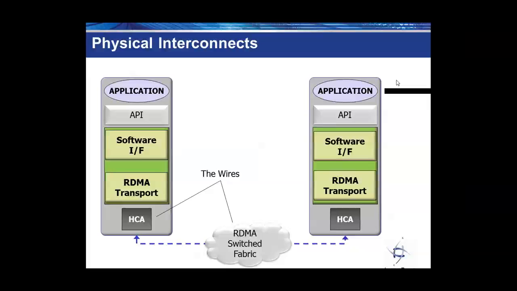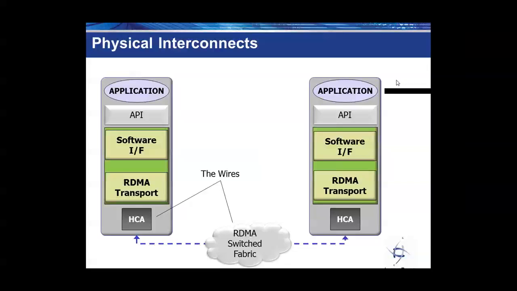Since the message service isn't anything like conventional sockets, it didn't make too much sense to adopt the Sockets API, even though there are a couple of upper layer protocols, like SDP, that can help us in supporting legacy applications. So a new API, called the Verbs API, was created from the ground up to match perfectly with the RDMA message service. And that brings us to the third major component of the RDMA architecture, which is the underlying physical